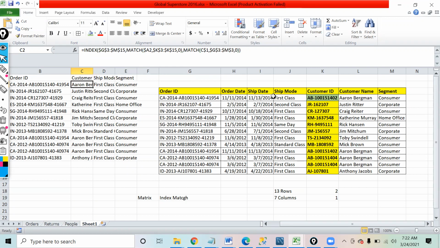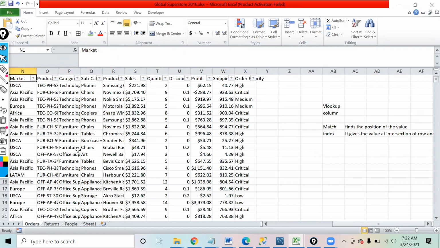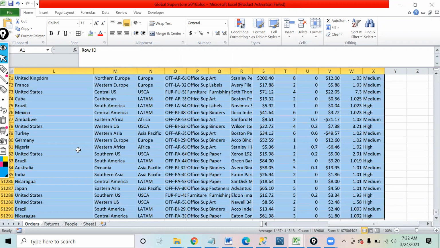So using index match, we can go for a limited amount of data only? No, because what we are doing inside this index match is giving a starting point, that I want to look for the data within this range to this range. Because the range becomes fixed, with these many columns and these many rows.